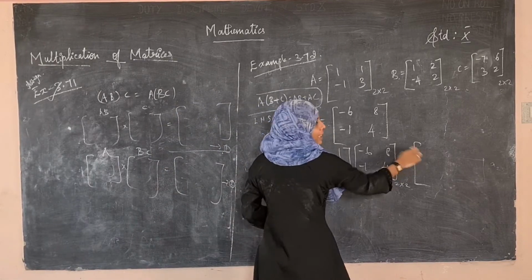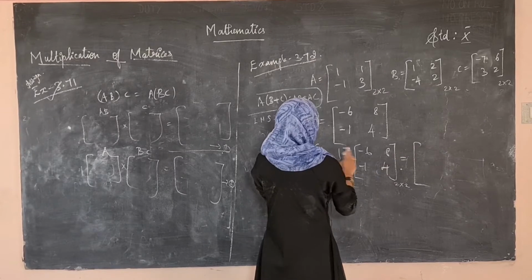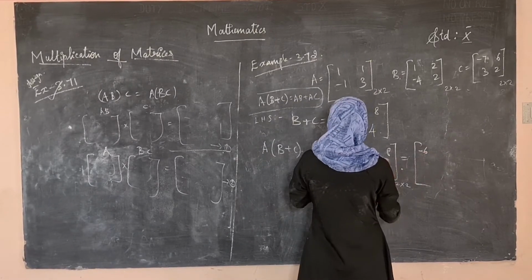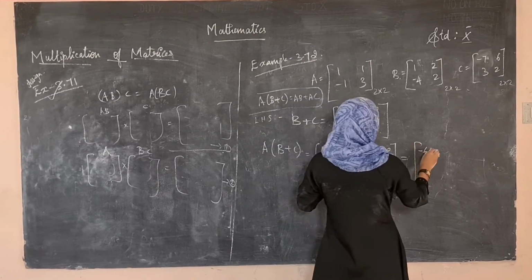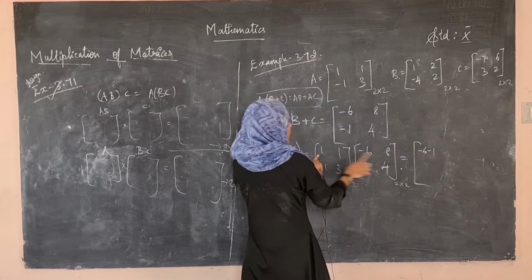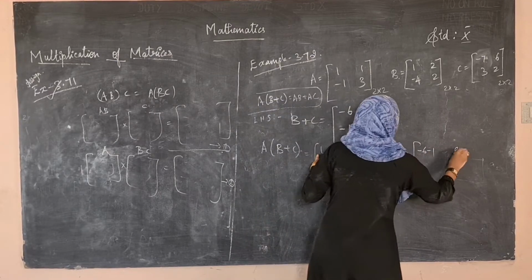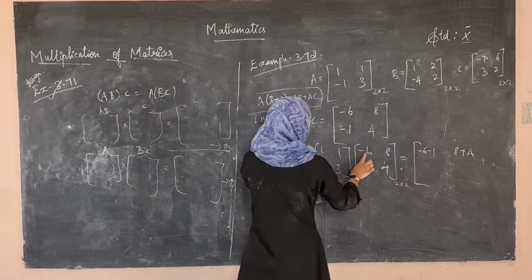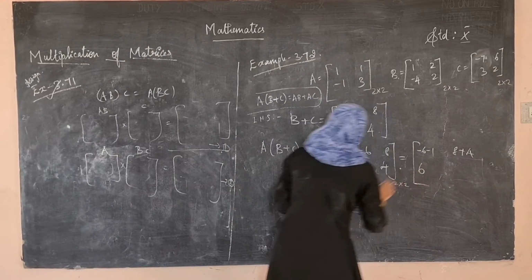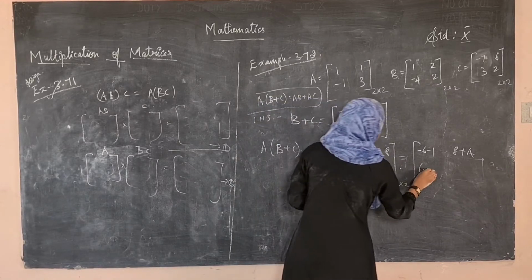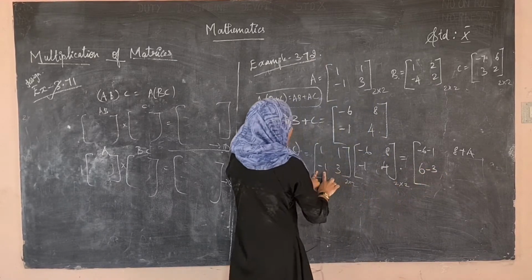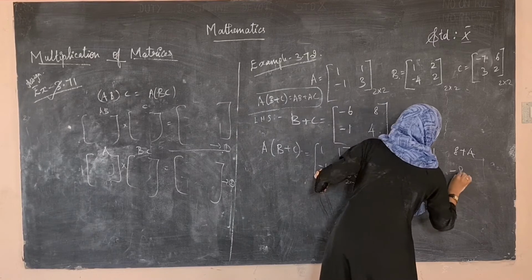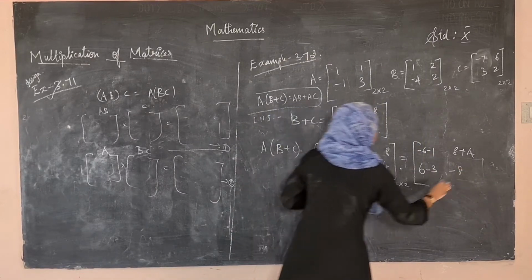The first one, first row and first column: 1 into minus 6 is minus 6 plus 1 into minus 1 is minus 1. Again here, 1 into 8 is 8 plus 1 into 4 is 4. Then minus 1 into minus 6 is 6, 3 into minus 1 is minus 3, minus 1 into 8 is minus 8, 3 into 4 is